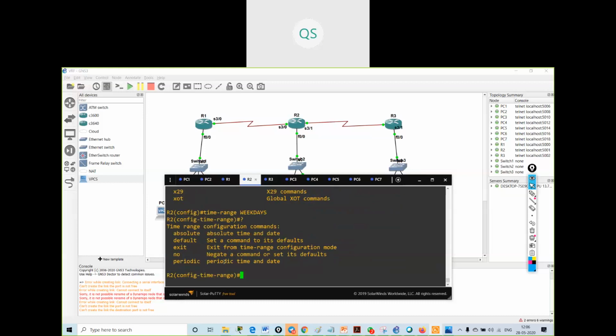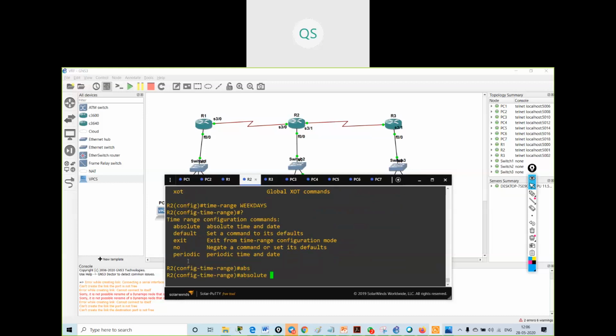Then I have to give absolute and periodic.